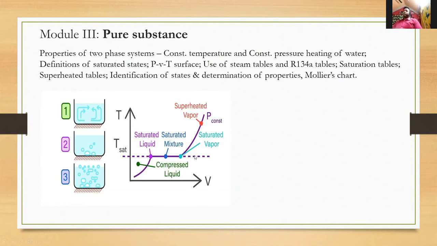So we'll be also understanding what is the saturation temperature, what is the saturation pressure, what is called a saturated liquid, a saturated vapor, and what is a superheated vapor, what is a compressed liquid. It's a lot of things to understand, and in detail we'll try to understand all this behavior in a PVT surface, as well as in a PV diagram, TV diagram, PT diagram, TS diagram, HS diagram. There are so many different types of property diagrams that you can make to analyze a system.